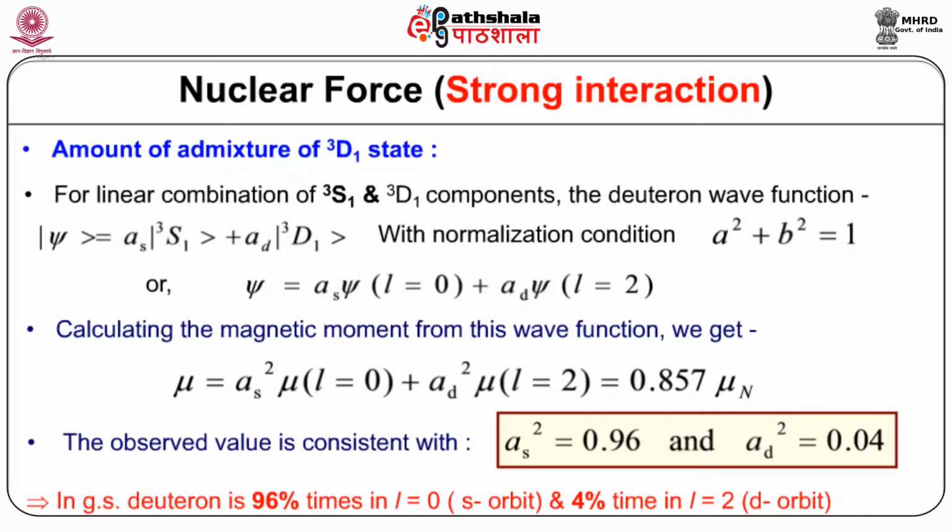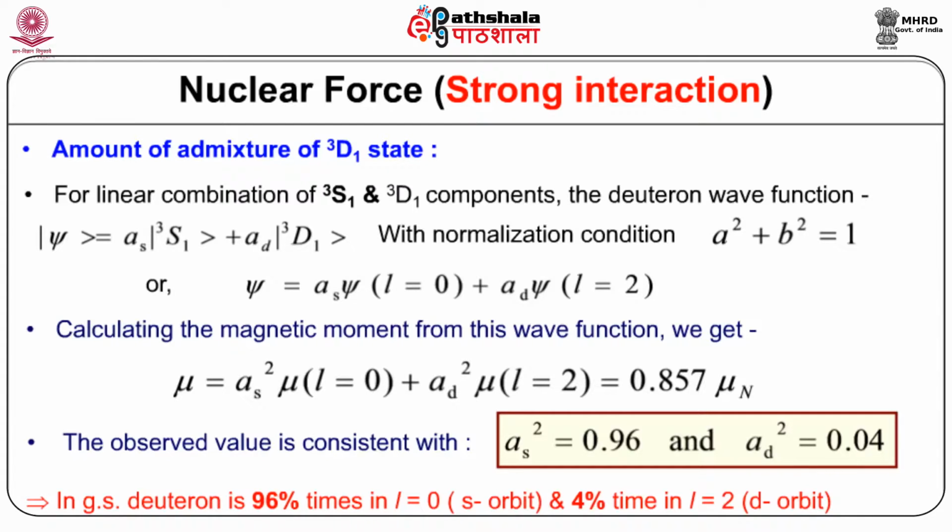A_s and A_d are the ratio of the s component and the d component, or psi is equal to A_s psi(L=0) plus A_d psi(L=2). Calculating the magnetic moment from this wave function, because we know that the magnetic moment is given by mu is equal to the expectation value of mu_z, that is, psi mu_z psi in the state when